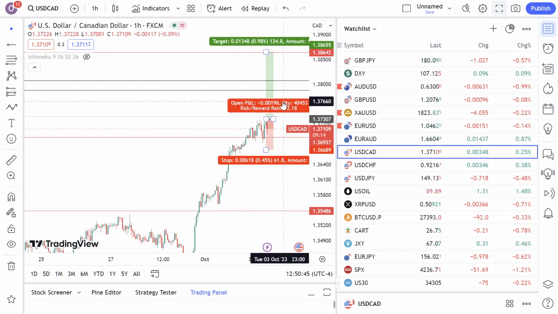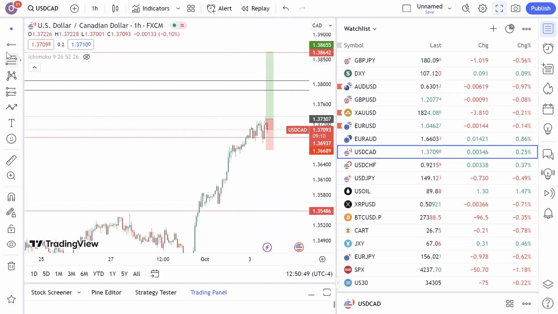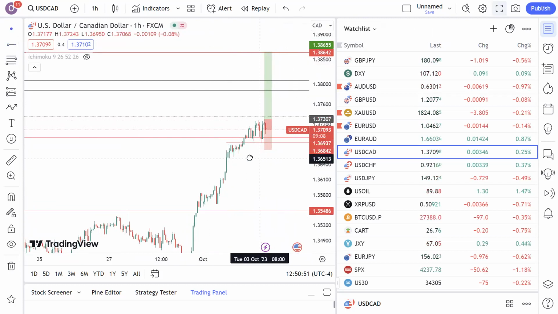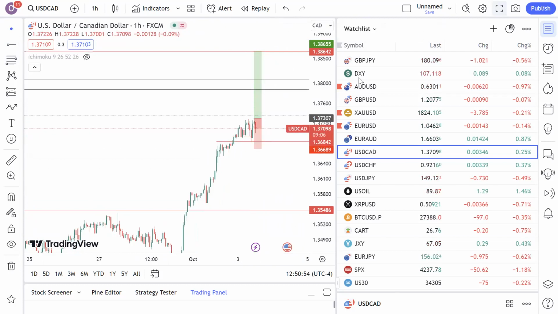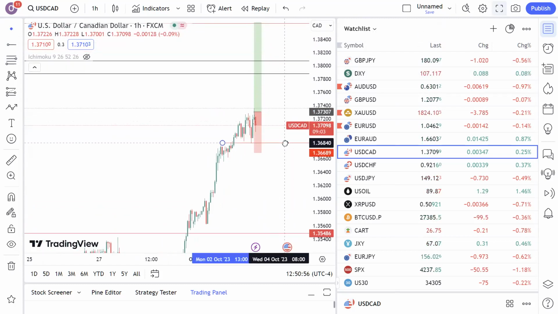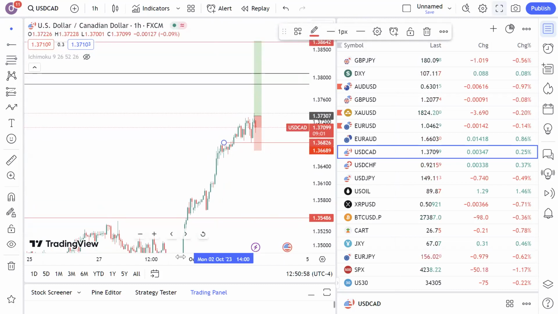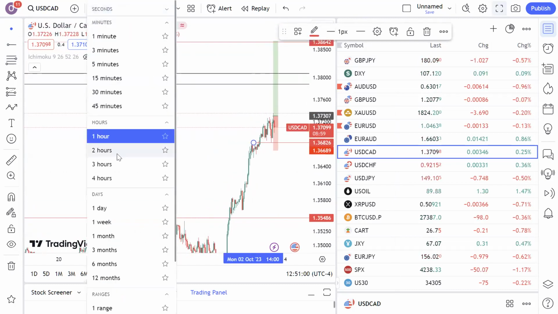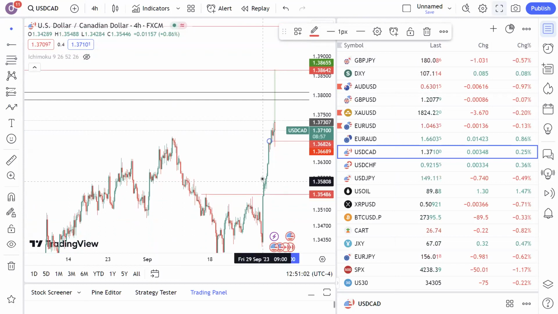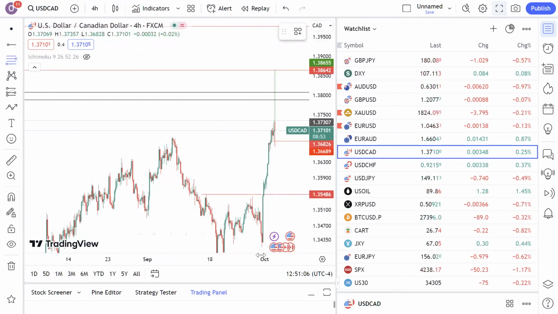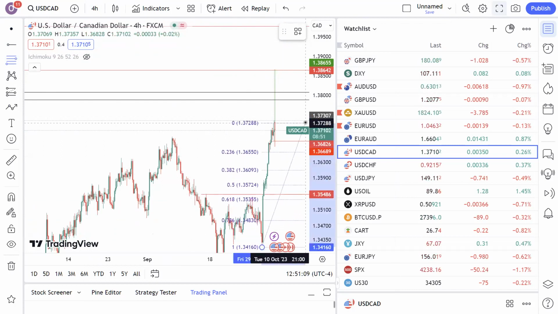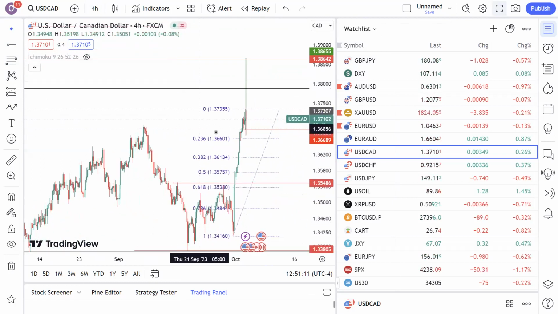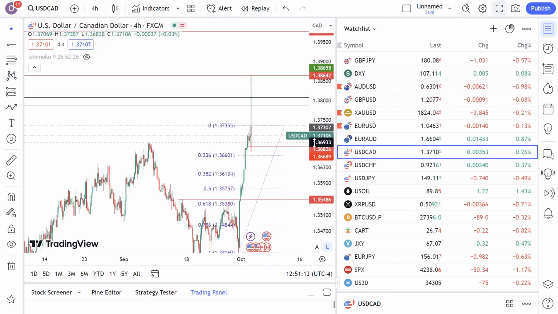Just want to see how USD CAD plays out, but looking to potentially buy USD CAD, right? But if it does break below this little support level down here, then we'll be looking for buys, who knows, but we'll be looking for buys from a Fibonacci standpoint. If we drop from here to here,